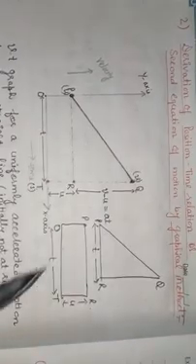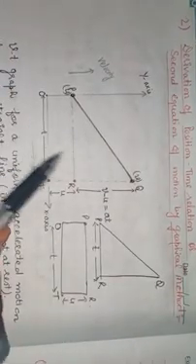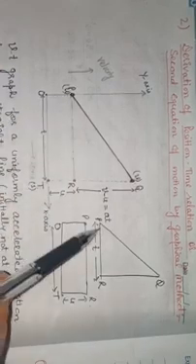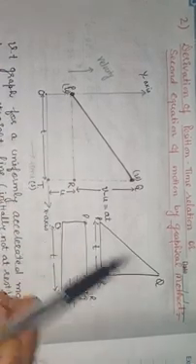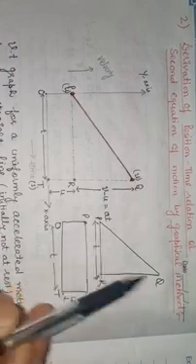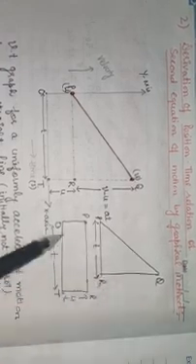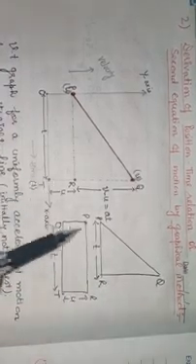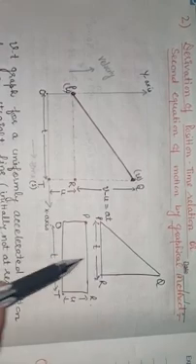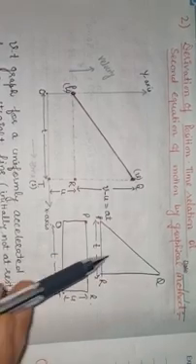If you look at this figure, it is divided into two parts. The first part is the triangle PQR, separately drawn here, and the second is the rectangle. Then we are going to calculate the area of these two figures: the area of rectangle OPRT plus the area of triangle PQR.